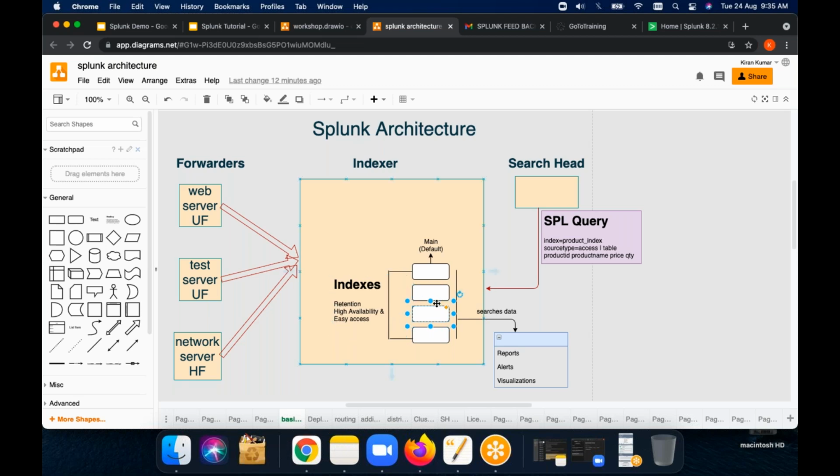Second is easy access. Whatever the data, we know that the particular web server data is in a particular index, and the particular test server data is in a particular index. So whenever we want to access, in SQL queries we can just mention that index name and we can access that. Correct or not? So accessing of data will be easy, and